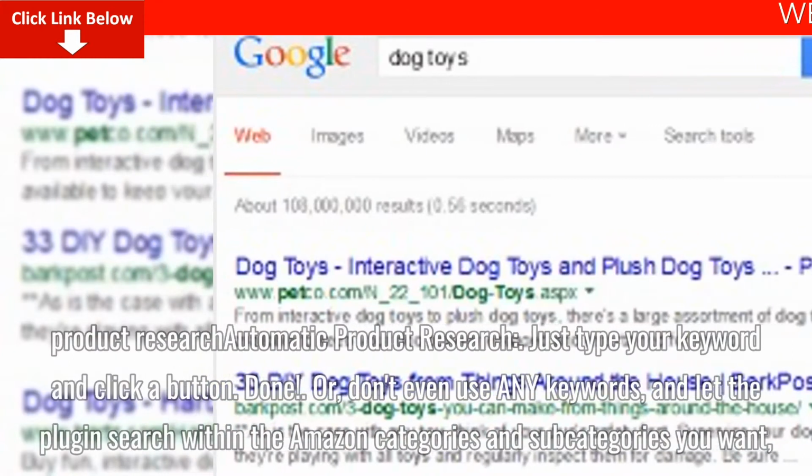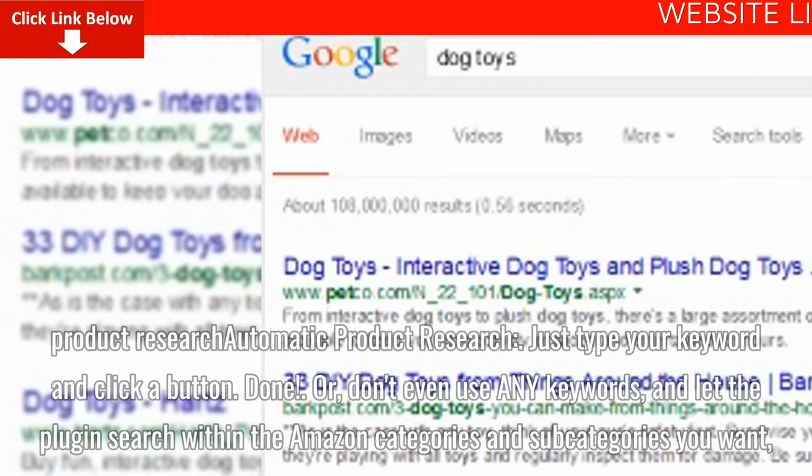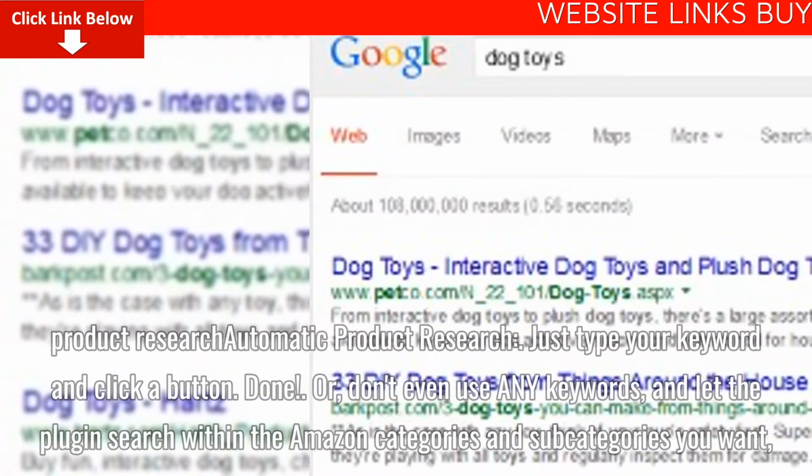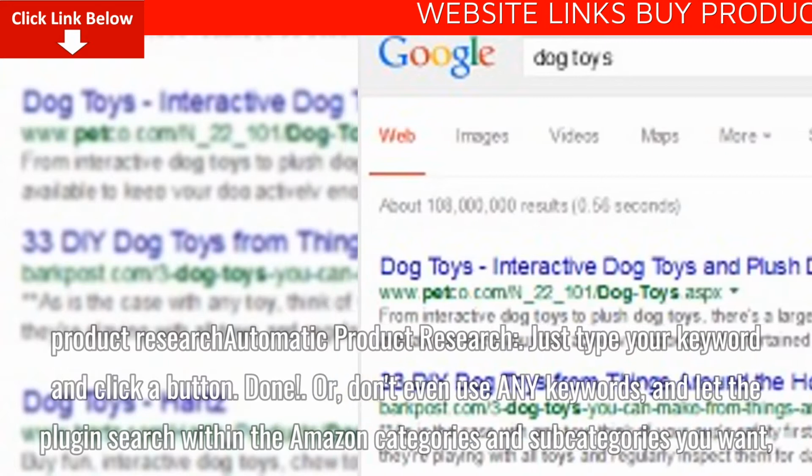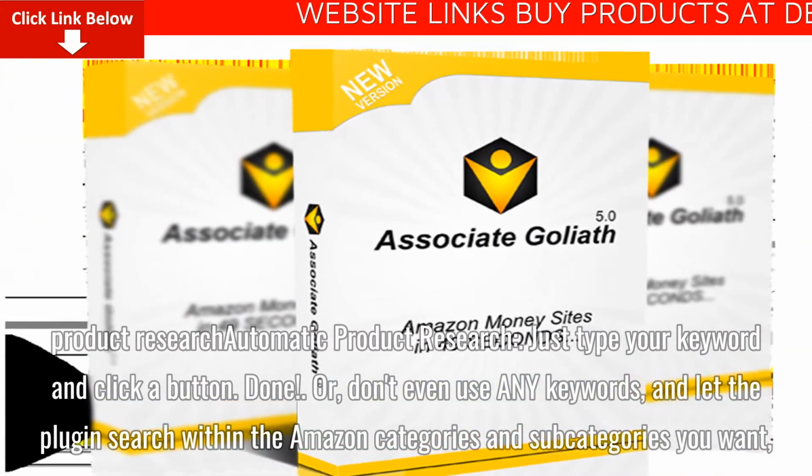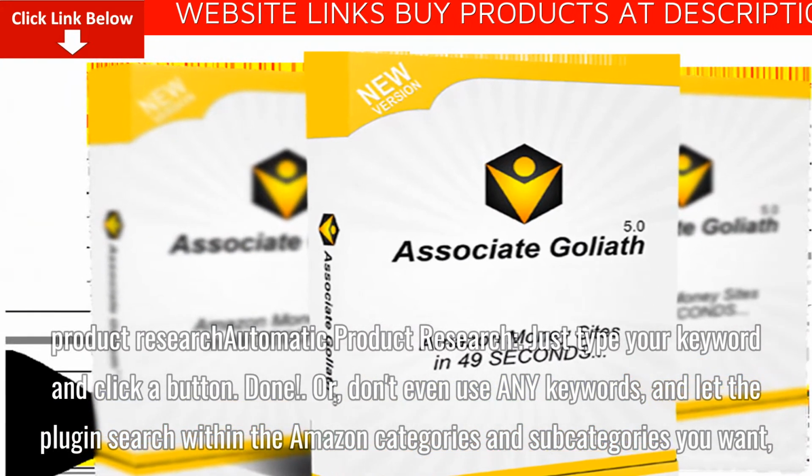Product research. Automatic product research. Just type your keyword and click a button. Done. Or don't even use any keywords and let the plugin search within the Amazon categories and subcategories you want